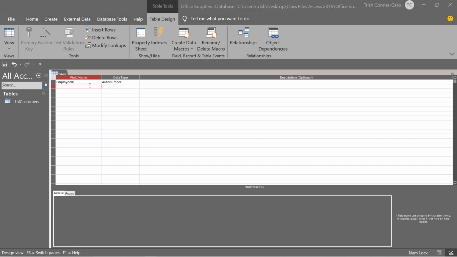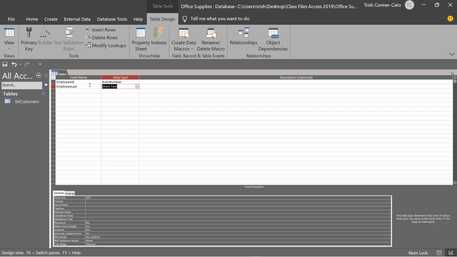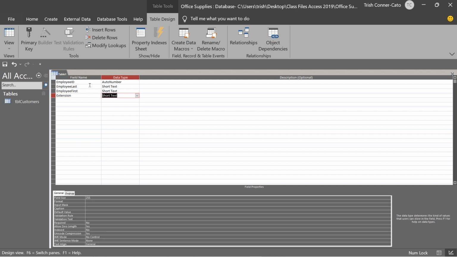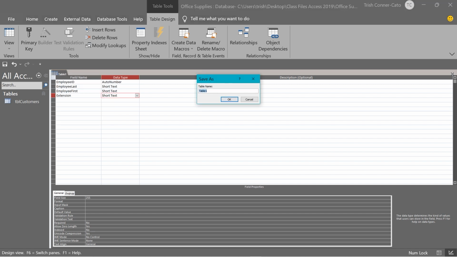We only have 3 more fields for this table. So the next field is going to be employee last, and that's going to be short text. Notice that I'm mushing all the words together. I'm not using any spaces in my field names. Then we have employee first. And lastly, we're going to have extension. And again, we're not doing any calculations using the numeric extension, so we're going to leave that as a short text field. Now we have to save this table, so right-click on the tab and go to Save,